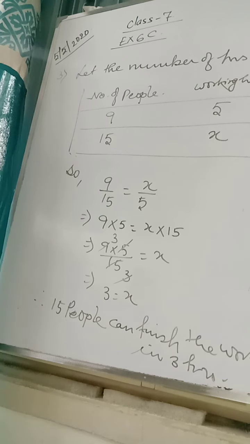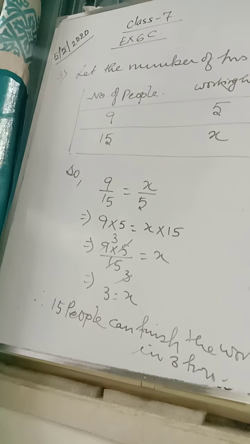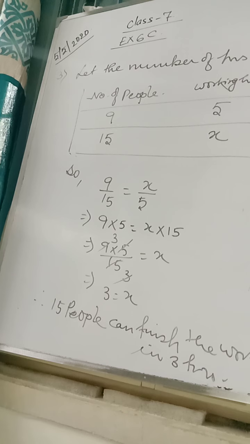Look at question number 4. A stenographer takes 90 minutes to type 23 pages. How long will he take to type 69 pages? It is a direct variation. Question 5, again it is a direct variation. So 4 and 5 you take for the homework. Just write it as a homework.